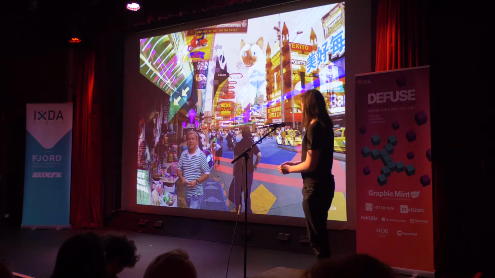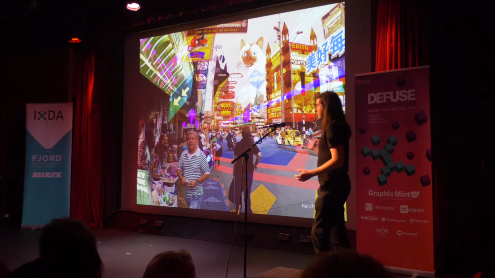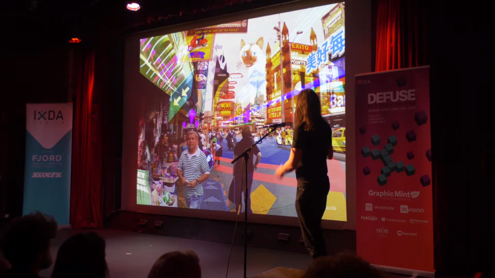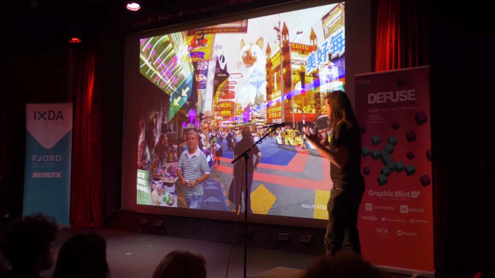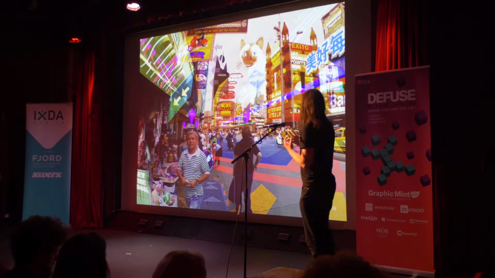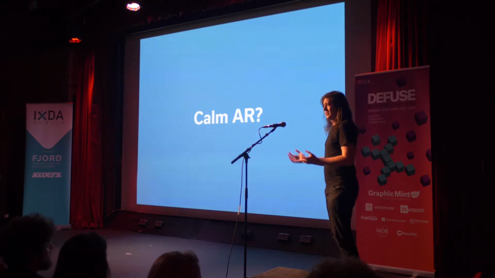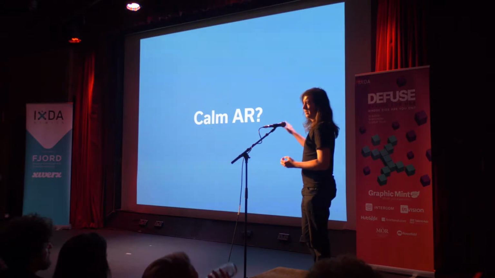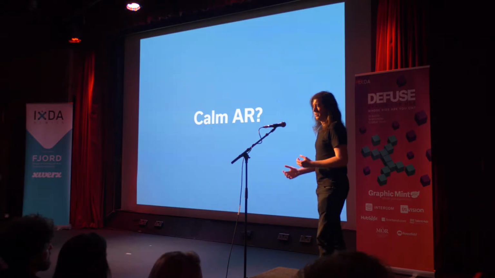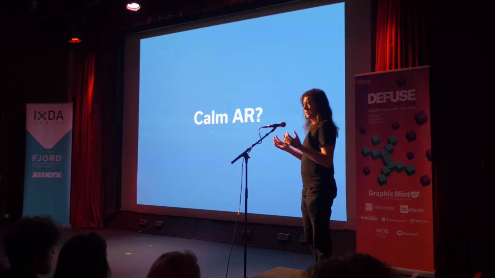And when we think of the future of that AR world, we always imagine this world covered in digital content everywhere, doing insane things that we've never even considered possible. But why do we want this content being thrown into our faces at all times? So it brings us to this idea of what could a CAM AR system be? To me, a CAM AR system is essentially the opposite of what we just saw there. It's something that works for the user. It only does what they want to do, and it doesn't give them that extraneous information that